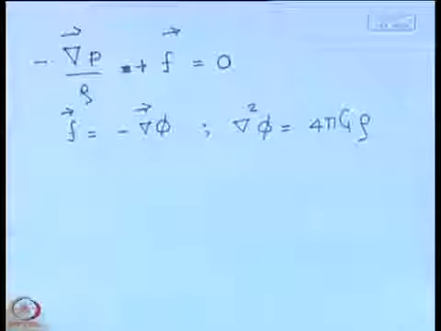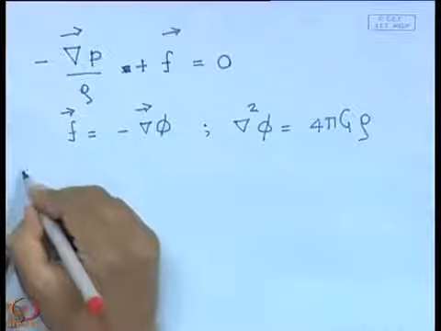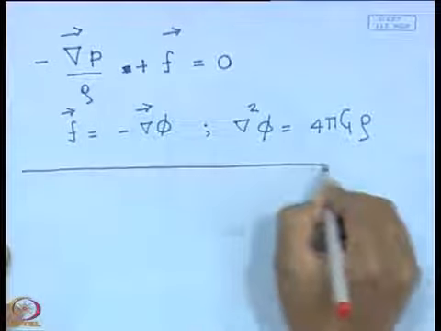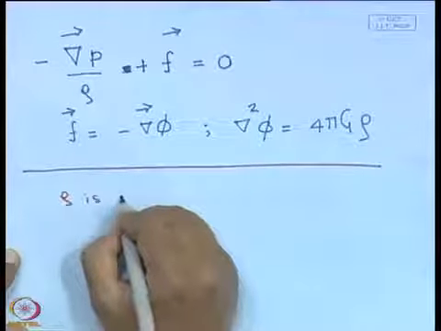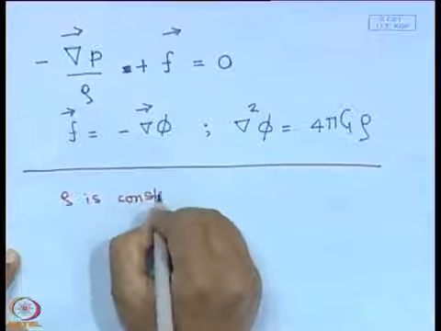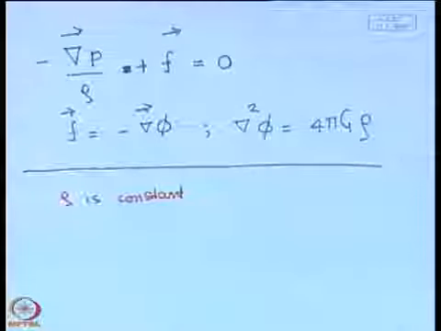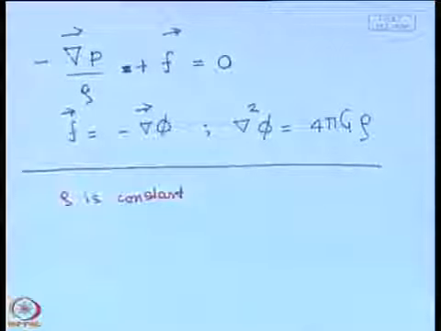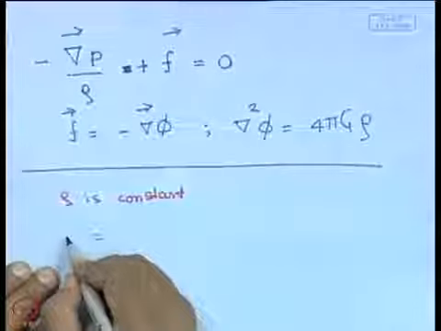We shall start off with a very simple assumption. Our assumption here is that the density inside the sun is a constant. So, we are going to make the simplifying assumption that rho is constant. Let us estimate the mean density of the sun, and we will assume that this value is there throughout. It is a rather simplifying assumption, but we can make some progress with this. So, this value of the mean density